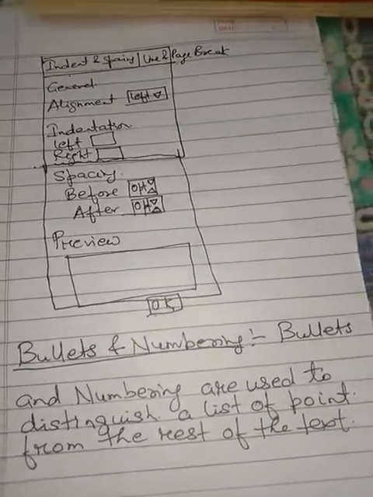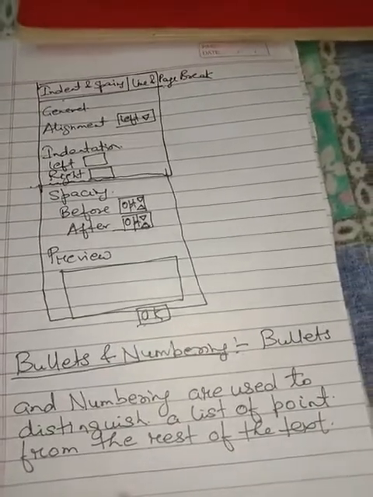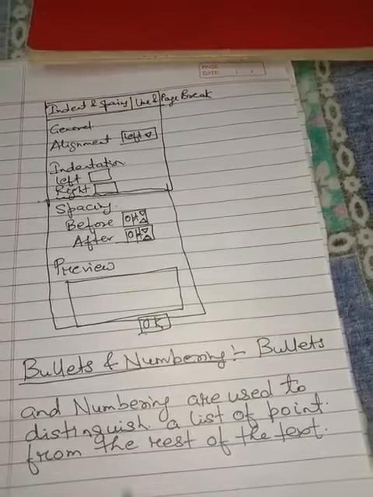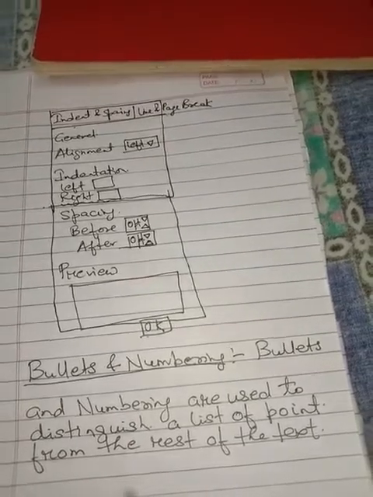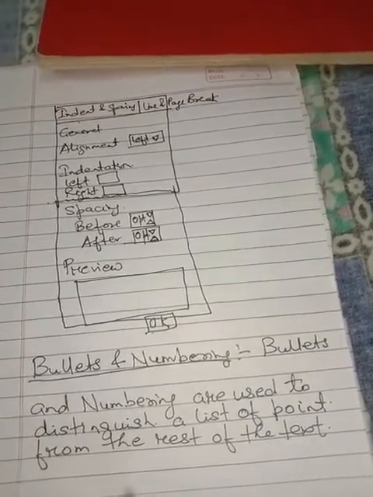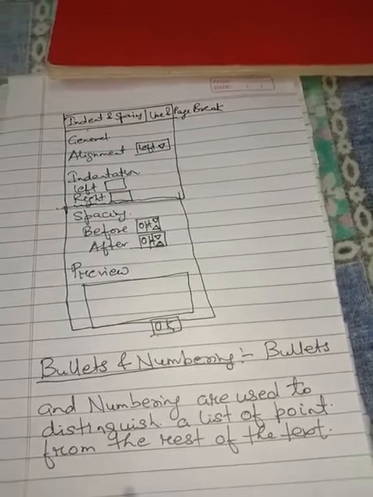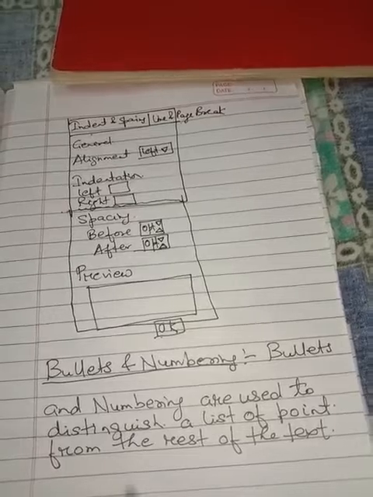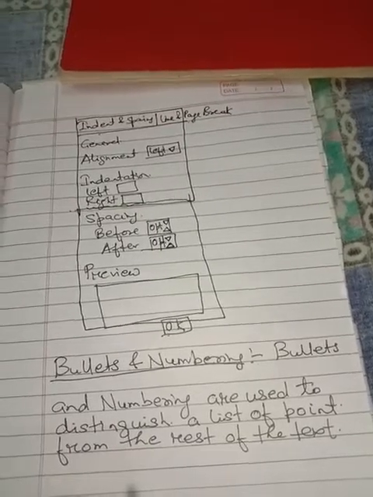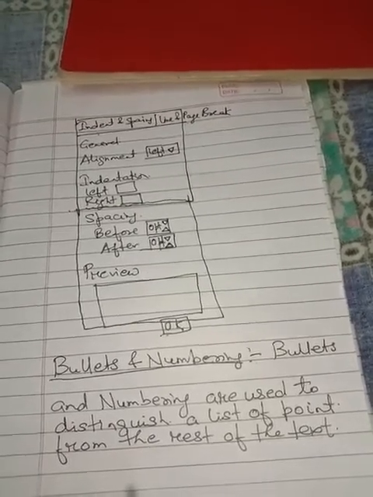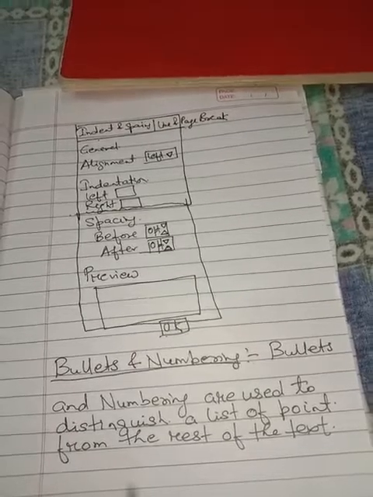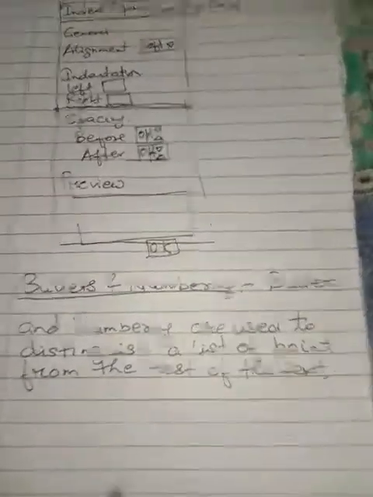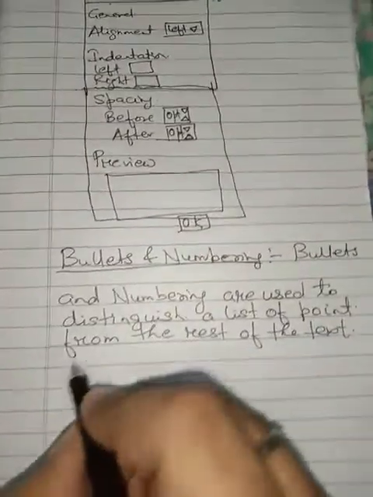The bullets are normally used for points that do not have a particular order. So adding the bullet to the text makes it easy to read and understand. Numbers are used where the points have to be in a particular order, such as in a list to perform a task. So how can we apply the bullets or the numberings? To apply the bullet, first of all select the text, then move to the home tab for applying the bullet. First of all, select the text.